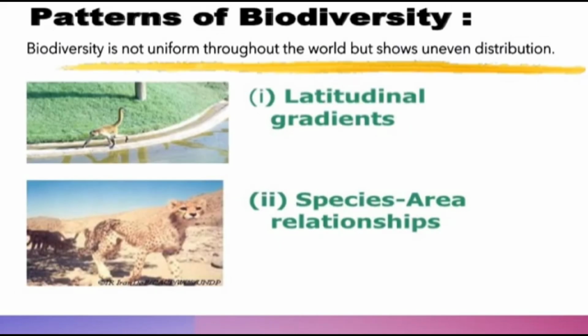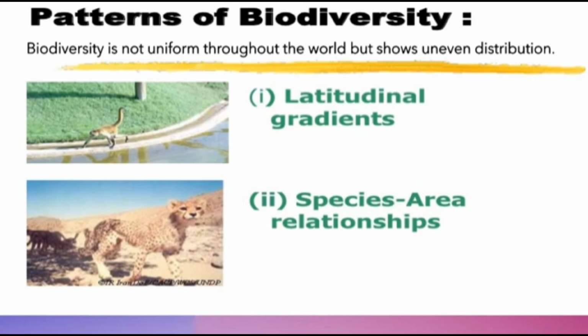Next, let us understand the patterns of biodiversity. When we look into biodiversity, you can observe that it is not uniform throughout the world. I just gave you the example: only 12 mega biodiversity countries are found in the world, but in the rest of the places it is normal biodiversity. Why are only 12 countries called mega biodiversity regions? Because they have more species. It means other places have fewer species. What is the reason for this? Why is the distribution of species not the same throughout the world? There is a variation, right? So what may be the reason for this?